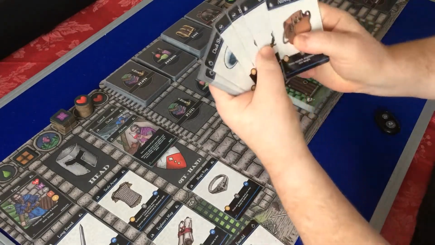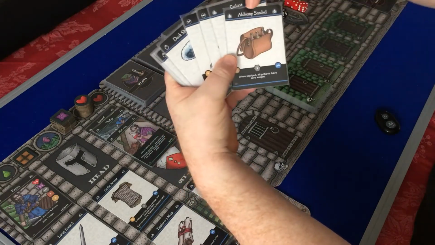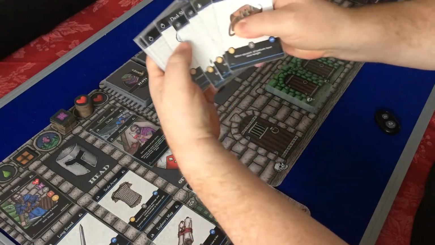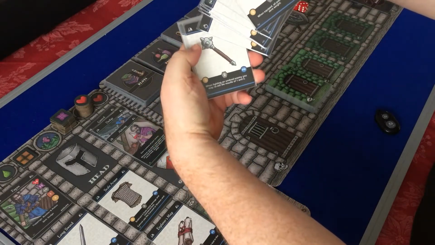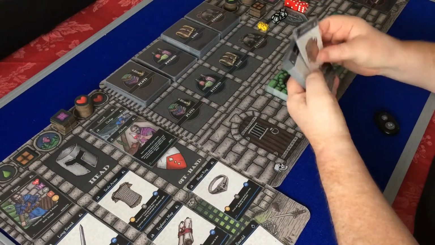So hence why I've now got an alchemy satchel, a cutlass, all with this symbol here. These symbols here are from the Warren of Despair. This symbol here is from the loot pack, which was the first thing I got, and that symbol is the core dungeon. Okay. So with 3 gold to spend,